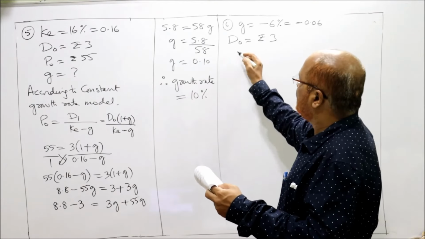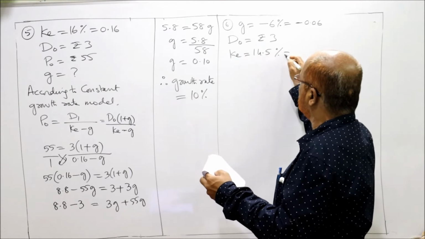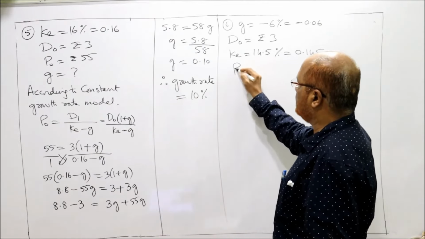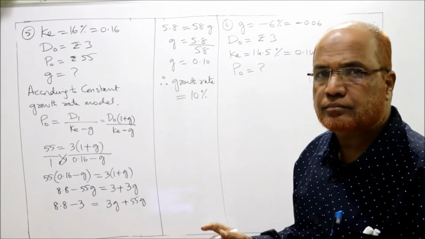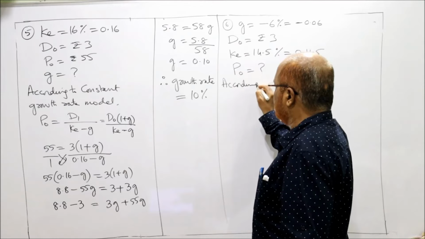And the required rate of return Ke is equal to 14.5%, 0.145. What is the share value? P0 is equal to how much? Current market price P0. Very easy. So according to constant growth rate model,